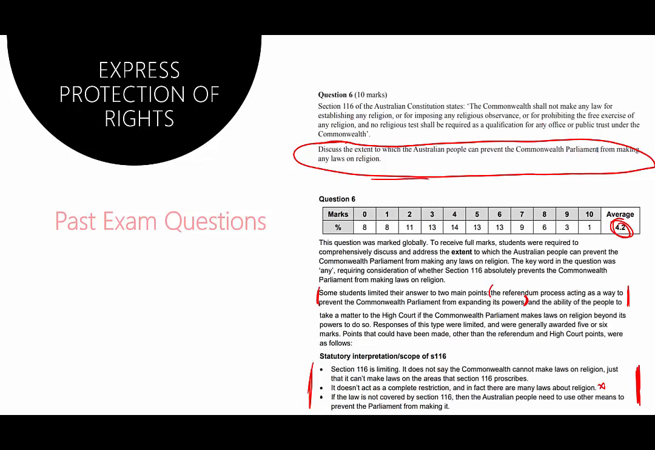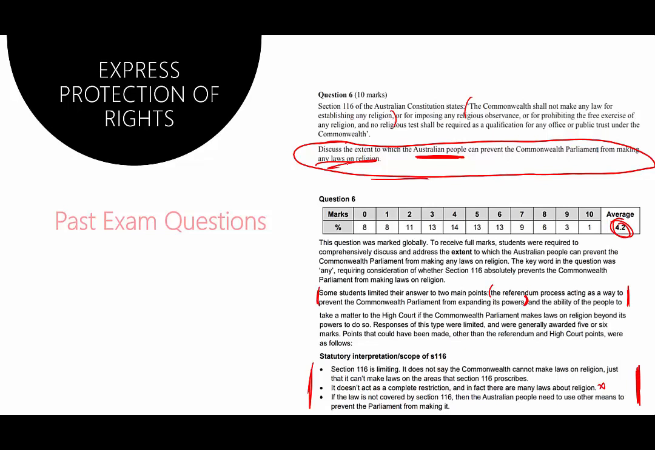laws on religion, such as they want to establish a religion, first they would have to change the Constitution. And the Commonwealth Parliament cannot change the Constitution without the approval of the Australian people. Therefore, they would not be able to establish any laws on religion. They would not be able to make certain laws on religion without asking the Australian people for approval first. And then you could talk about, I suppose, the likelihood of that actually occurring, and then more or less come to a pretty definitive view of, hey, the Australian people can prevent the Commonwealth Parliament to a great extent on